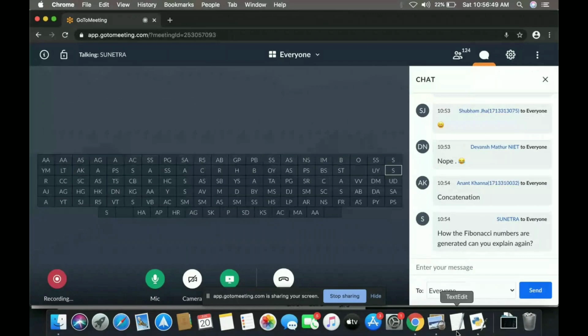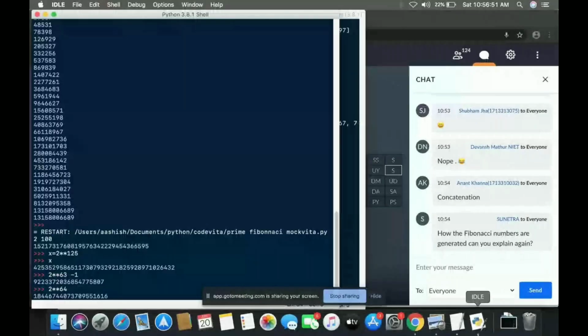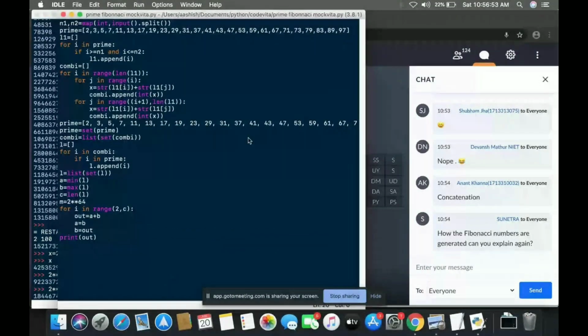Okay. See, I have done this to increase the efficiency of the program. Because if I am gonna calculate prime numbers, I have two options: to either calculate the prime numbers for a given range, or I could simply write prime numbers till 100, because the constraints are 100. So I'm simply using this logic, that I am taking all the prime numbers till 100, and then whatever my requirement is. If my upper size bound is 40, I'll take it till 37 only. Okay, I understood. Thank you, sir.